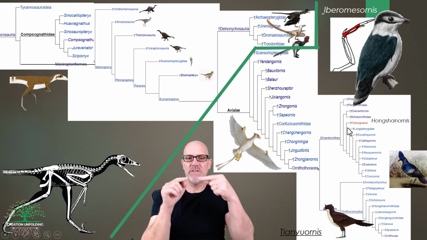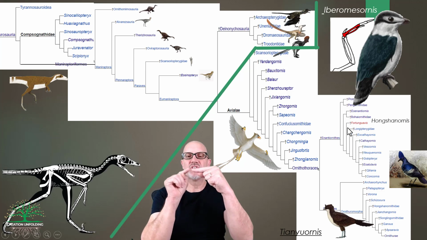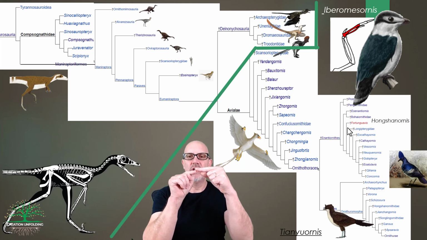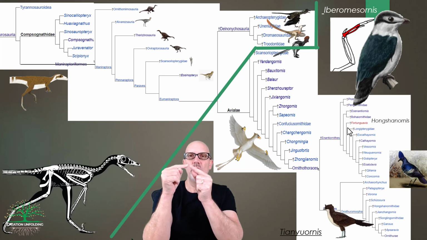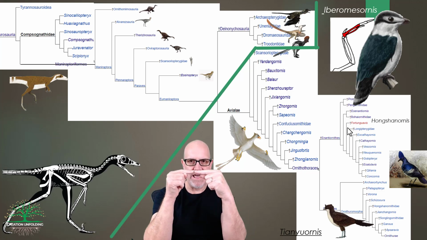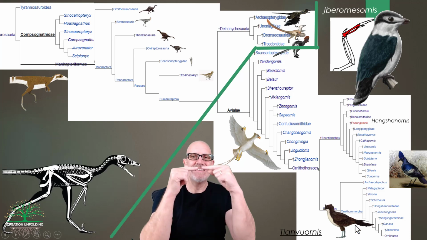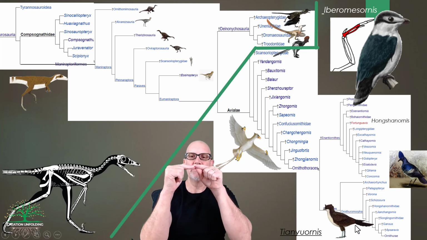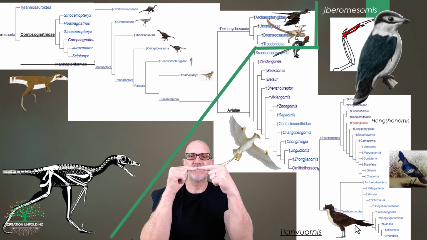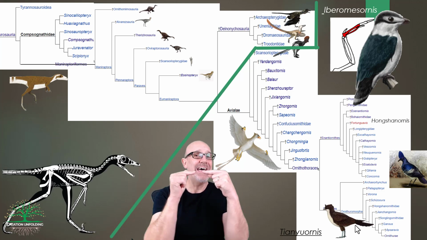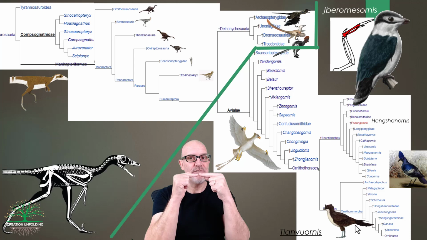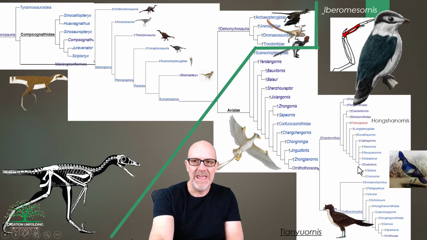The Enantiornithines, let's just say this was the scapula. Let's say it had a convex end on it, which would mean the coracoid would have to have a corresponding concave end in order to match. In the group Ornithurines, it's the other way around. So this would have the convex end, and the scapula would have a concave end. That's it. That's the big difference, and it's for that reason that these are called enantiornithines.